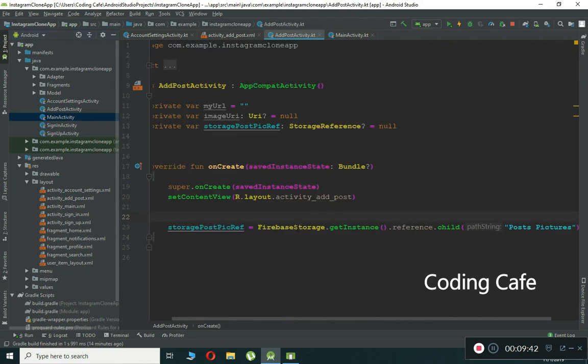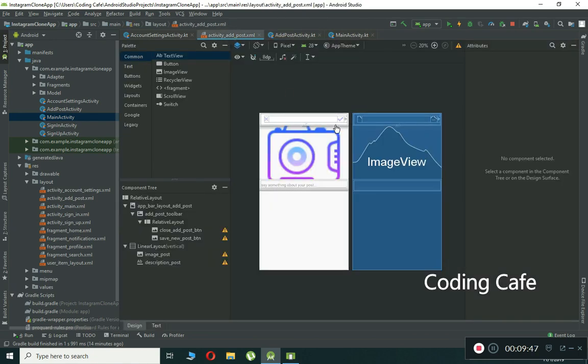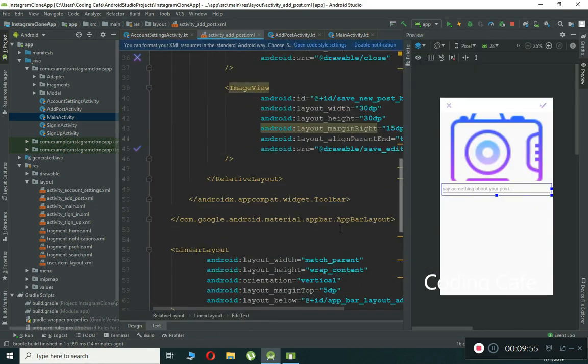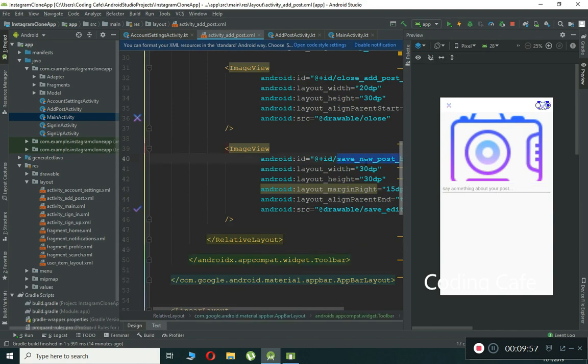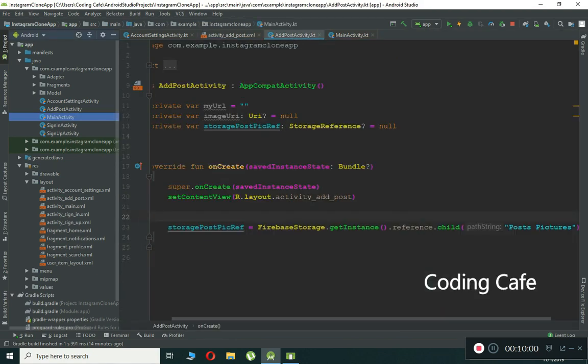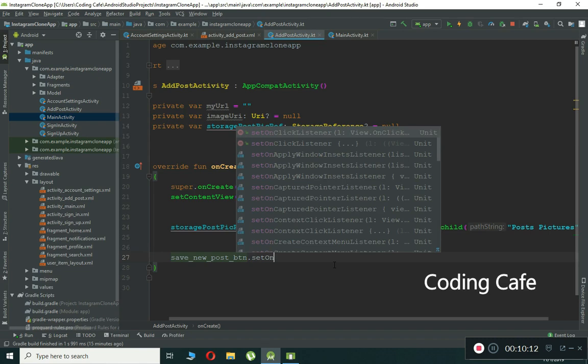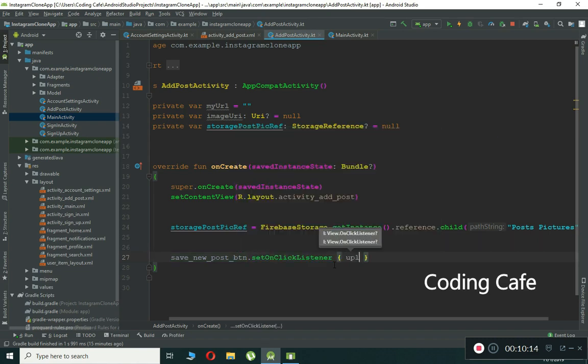Now come here to the add post activity, and now here if a user clicks on this tick button, which means the publish button, what we're going to do in that case, first of all, what is the id, save new post. So let's come here and add a click event on it. So we can say save new post button, make sure to import this dot set on click listener, and we are going to call a method which we will implement now, which will be by the name upload